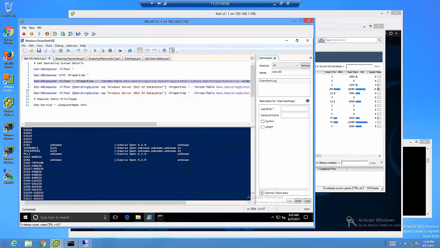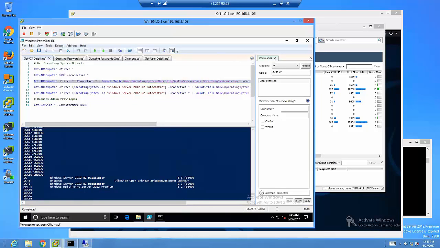Couple of SLES, there's some unknowns, so the ESXi hosts don't register the proper information, but that's interesting because it does say likewise open 6.2. Now that is interesting. Because I'm a virtualization guy, I know that means this is version 6 update 2 that's installed on that particular ESXi host. So that's kind of cool. Even though it doesn't tell me, I just did some enumeration there, and I could go gather more information